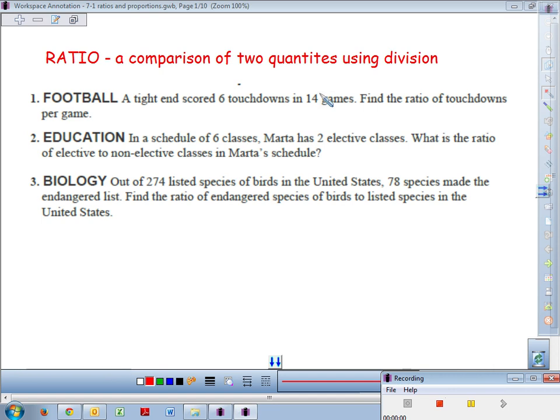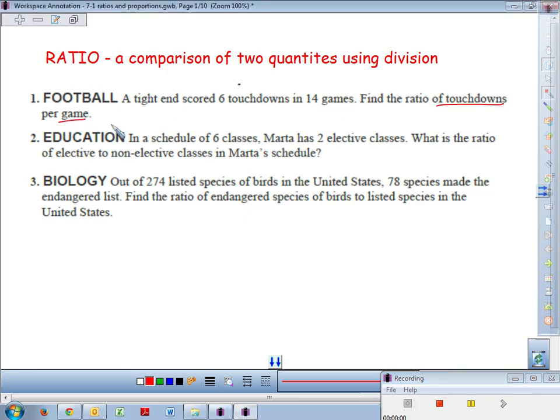This is 7-1 in advanced geometry. It's about ratios and proportions. What a ratio is, it's a comparison of two quantities using division. So here on number 1, if a tight end scored 6 touchdowns in 14 games, find the ratio of touchdowns